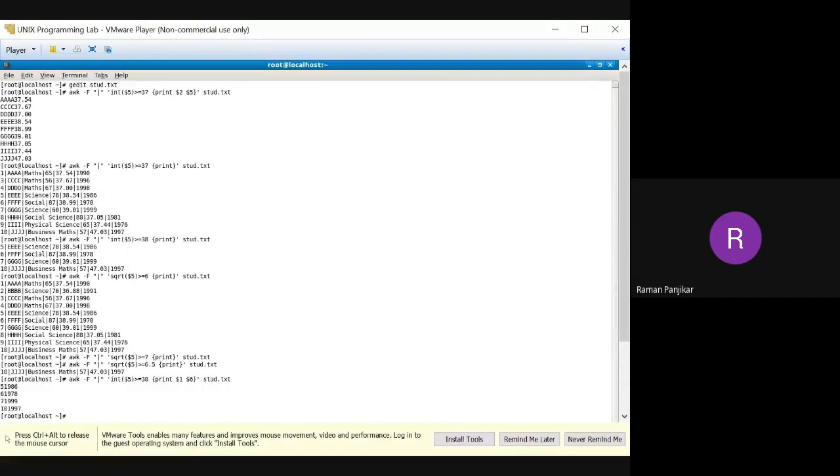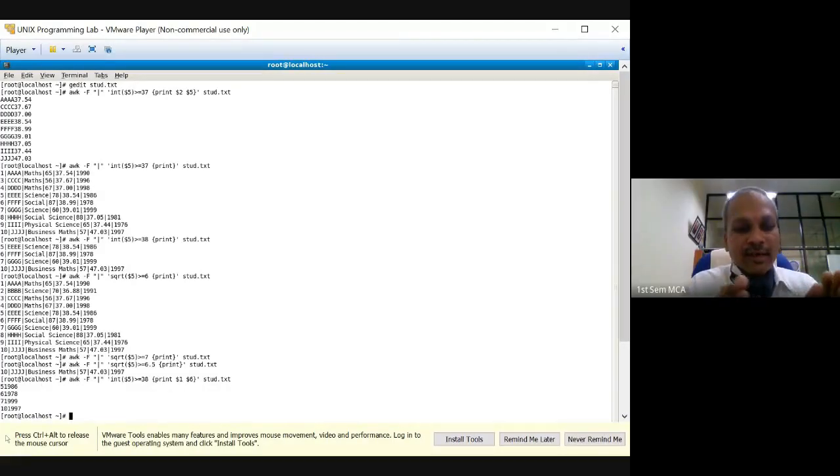No, sir. So don't get confused with the selection criteria. The selection criteria is only telling the system on what basis to get the lines, but your original value is not altered. Print is the action part. What do you want to print? I want to print the entire line.